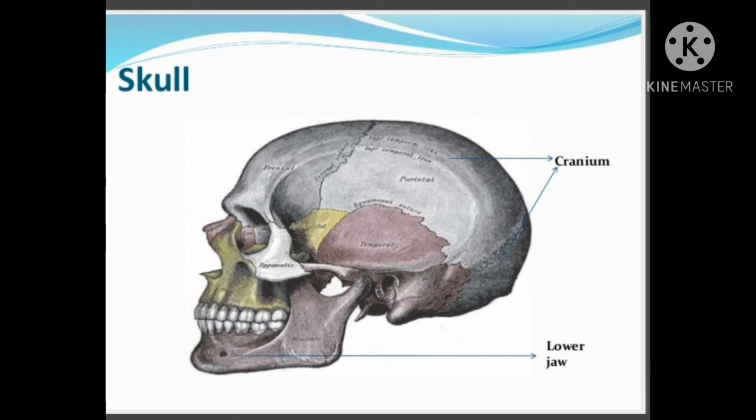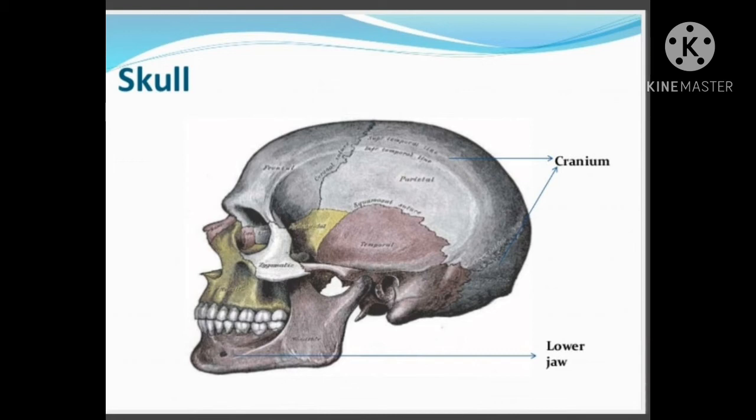The first part of our skeletal system consists of skull, and it is the bony framework of the head, and it is made up of total 22 bones, most of which are fused together. These bones are connected with each other and they are fused. Out of the 22 bones, 8 bones form the brain box or cranium. Brain box is also called cranium, and which encloses and protects our brain. 14 bones form the shape of our face.